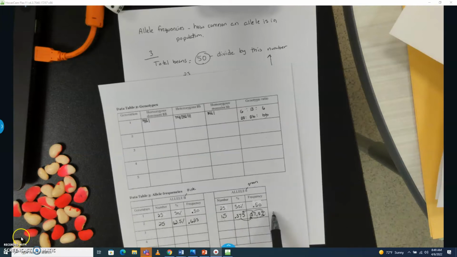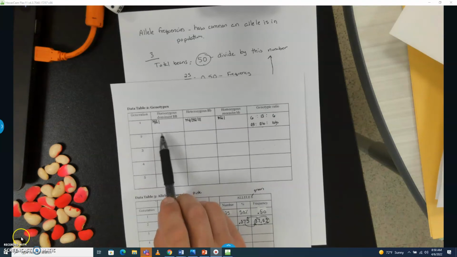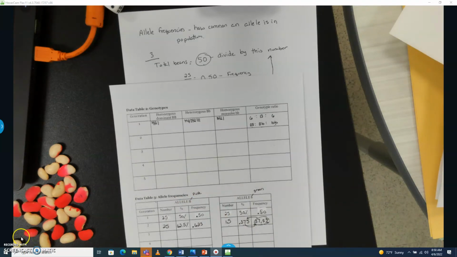So that's how I calculate the allele frequency, data table 3. That's how I get my information for data tables 1 and 2. And at this point, you should have all the